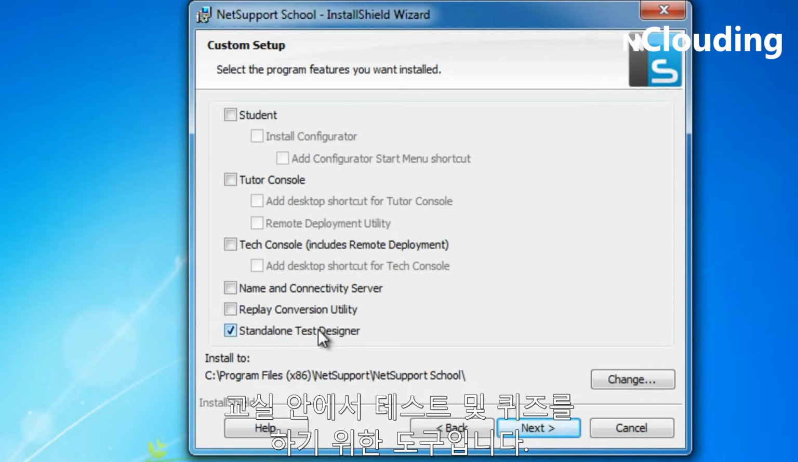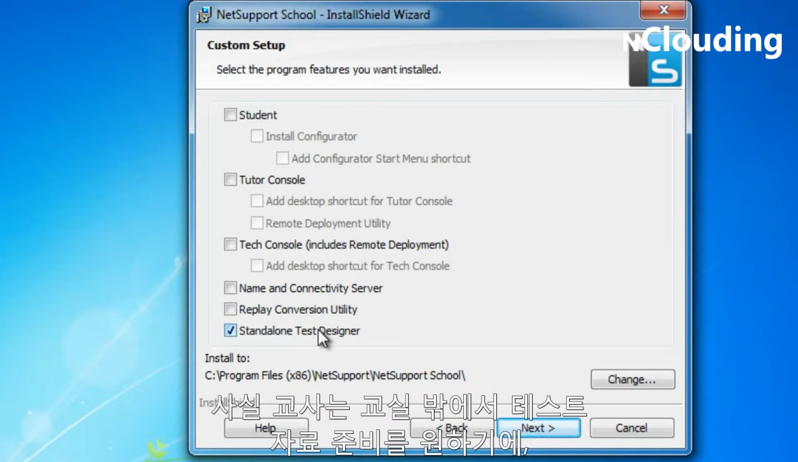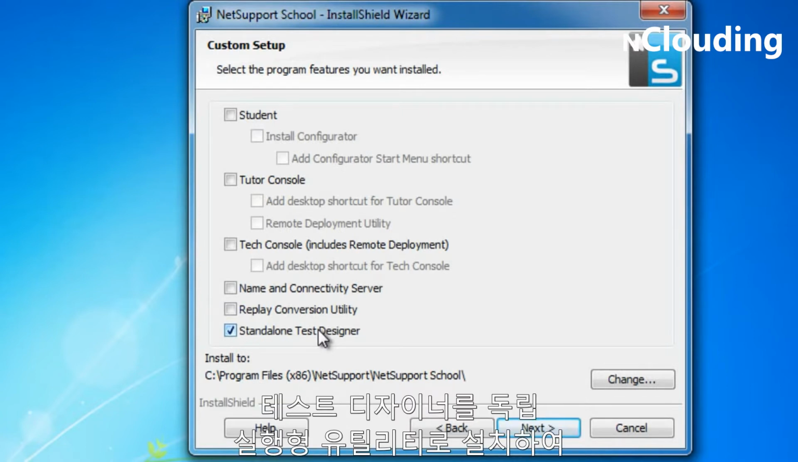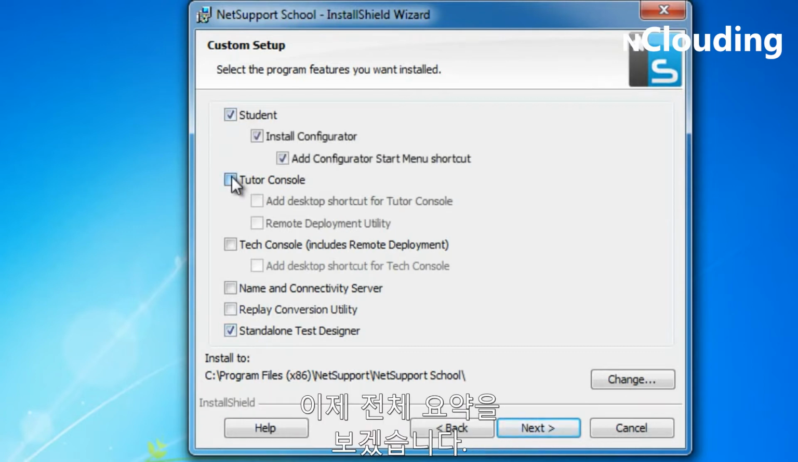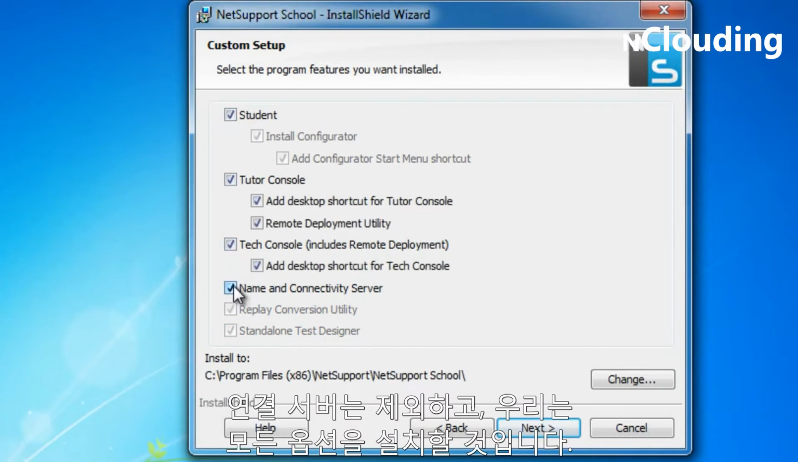And finally, we have a test designer, and our test designer is our tool for creating tests and quizzes within the classroom. And again, because we recognise that teachers may want to prepare those tests outside of the classroom, we give you the ability to install the test designer as a standalone utility so that it can be done on any computer, irrespective of its location. For now, let's go for the full summary, and we won't bother with the connectivity server,